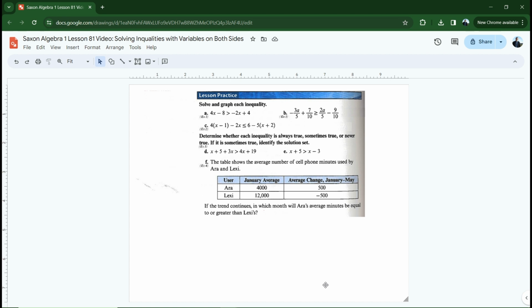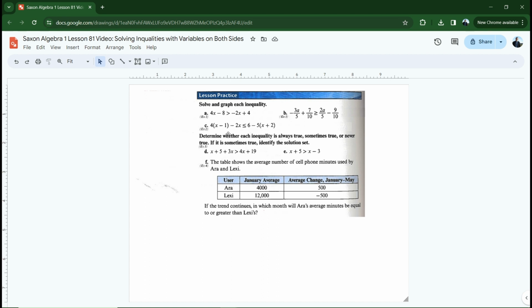So we need to make sure we keep track of the direction of the sign, especially when we're dividing or multiplying both sides by a negative. But nothing changes in that regard either. So the only time we ever flip the inequality sign is if we multiply or divide both sides by a negative. Okay. Now, the one confusing thing, if you look at letter A, is when we have variables on both